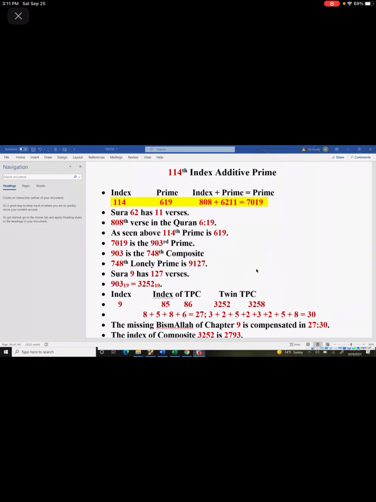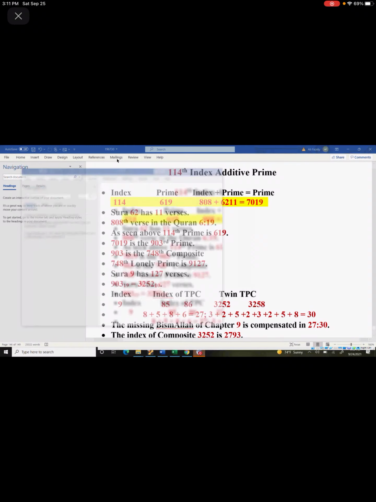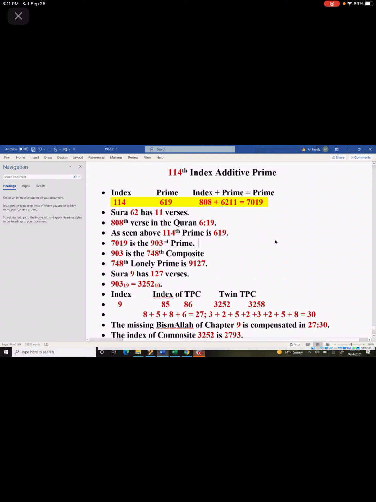7019. And then from this one, SubhanAllah, please share your screen. I already did that. Okay, very good. I just did it again. Okay. All right, very good. Okay, so